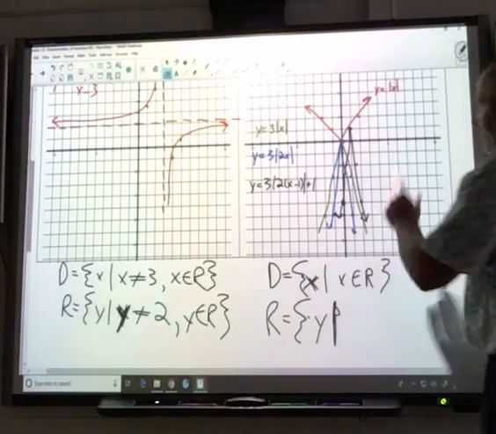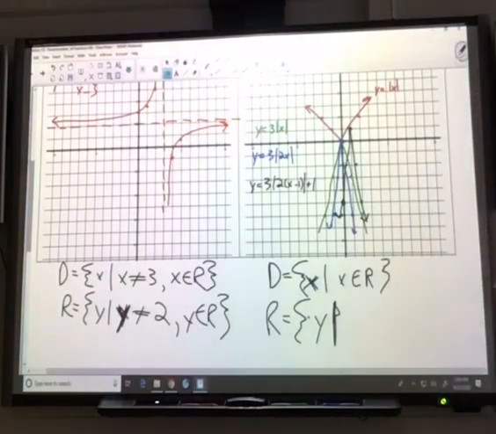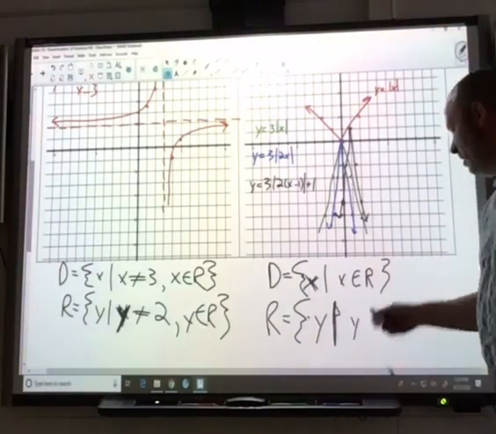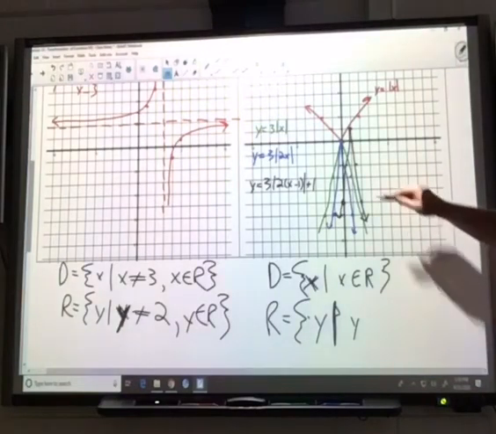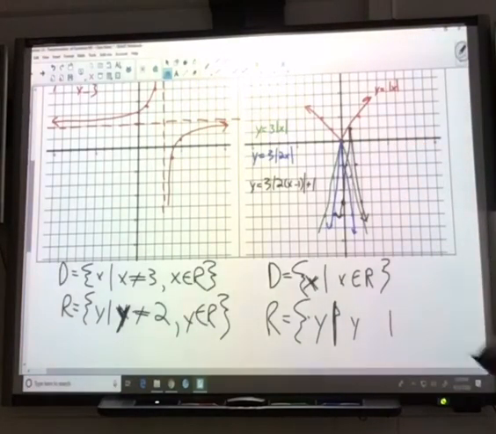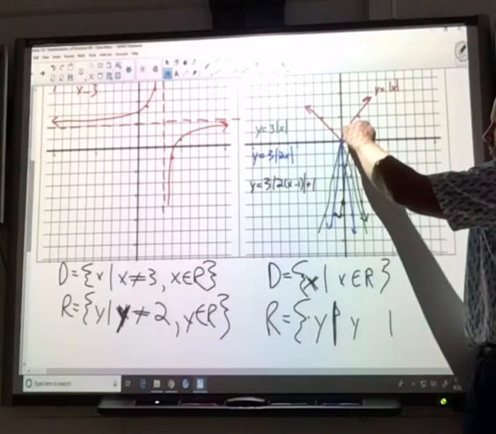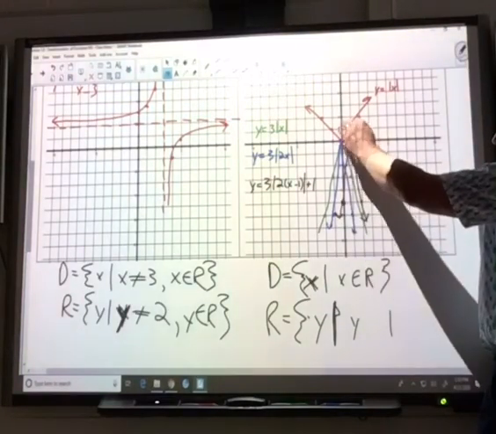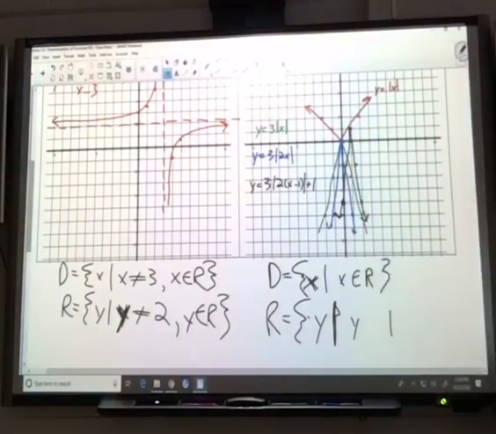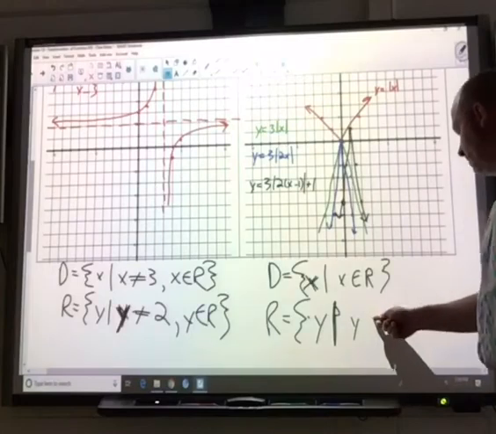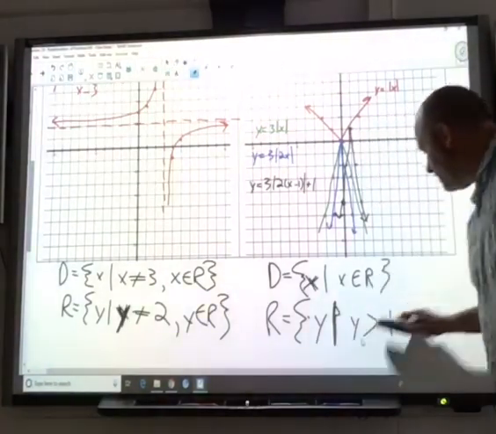For the y value, though, we do focus very carefully on your c value. In this case, my c value is 1. You'll see from this point here, we're going to be looking at the black one. From this point here, anything below, down to negative infinity, no problem. But it doesn't go above 1. It's like a maximum. So then y must be,